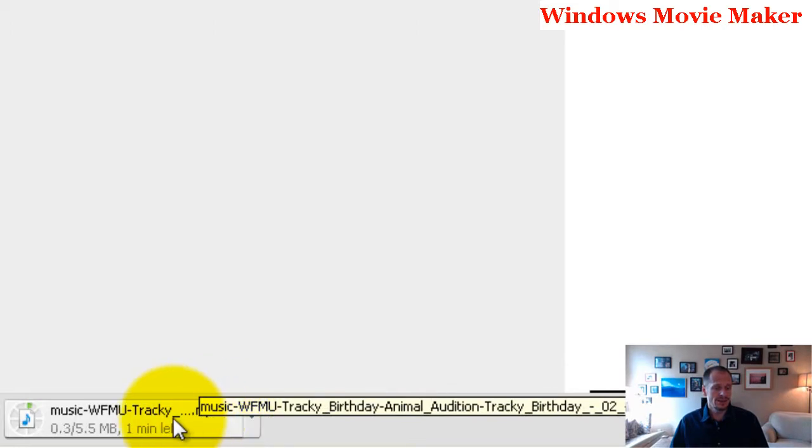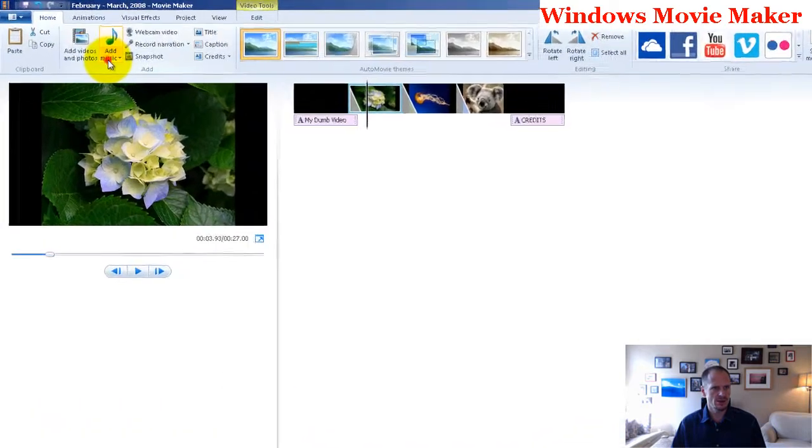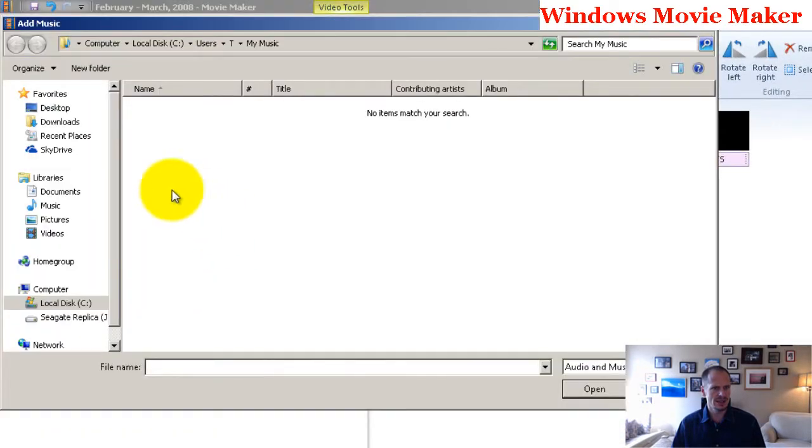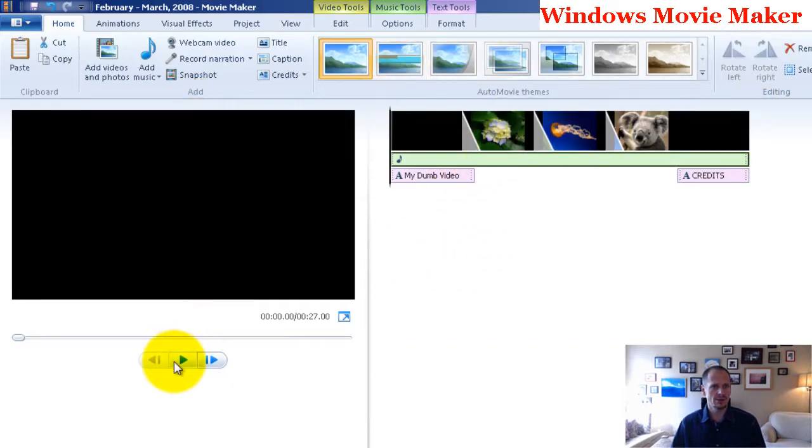MP3, go into my download folder. I'm going to go back, Alt-Tab, to my Movie Maker. I'm going to go grab music, and I'm going to add music, and I'm going to go to my download folder, and there it is. And now I added that song, and when I play it,